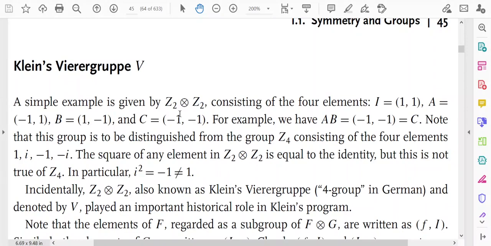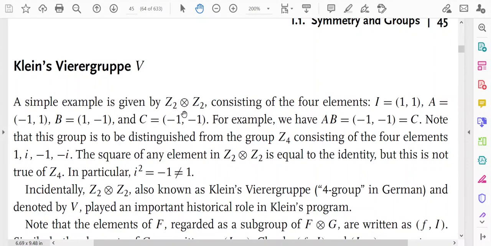Now I have already introduced you to the Z2 group. The Z2 group consists of 2 elements, that is the square roots of 1, that means 1 and minus 1. Now how I, A, B, C have been obtained: it has been obtained by the direct product between 1 and minus 1. So, the 4 elements will be (1, 1), that is the product between 1 and 1, then (minus 1, 1), then (1, minus 1), and (minus 1, minus 1). So, these are the 4 elements for the